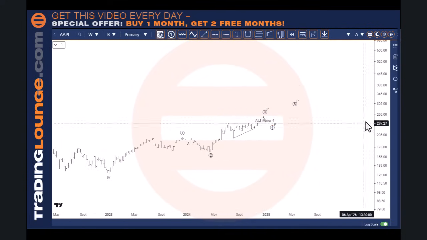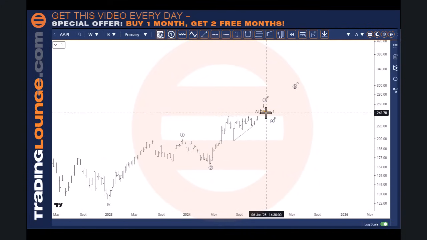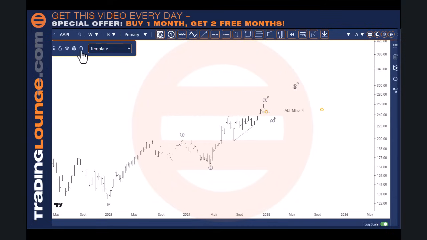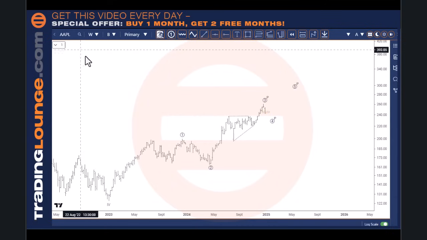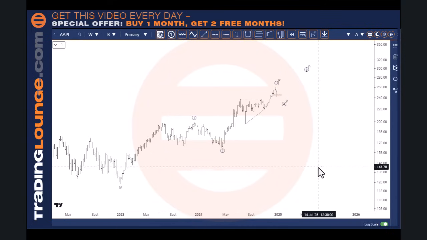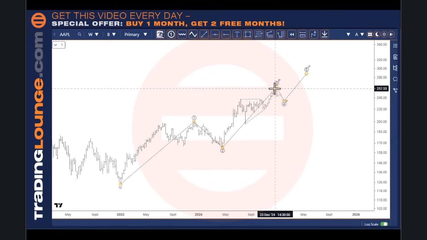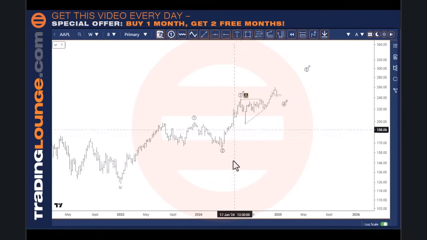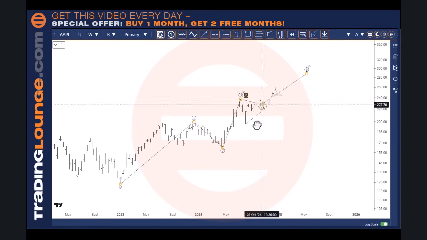Now this becomes a little bit interesting here. I wish I could get rid of that. Yeah, we'll just get rid of that. I might just get rid of it there, in fact. Yeah, that makes it a bit cleaner. Now, with this here, what I could do is put this wave 3 over here, and then make this one here wave 4.